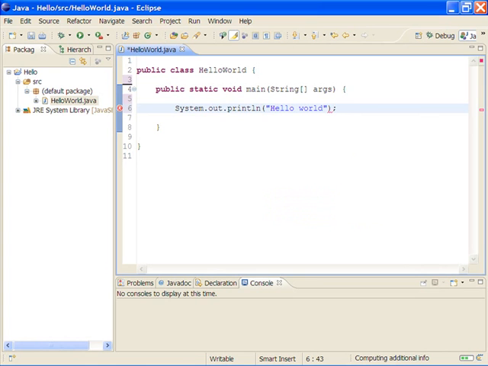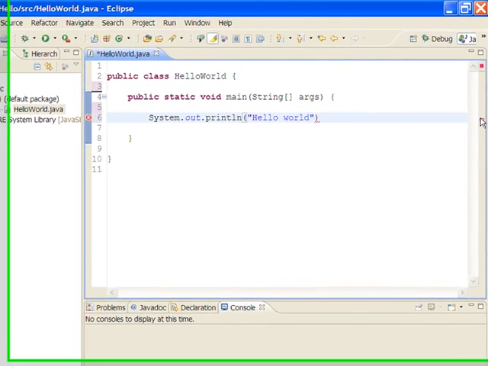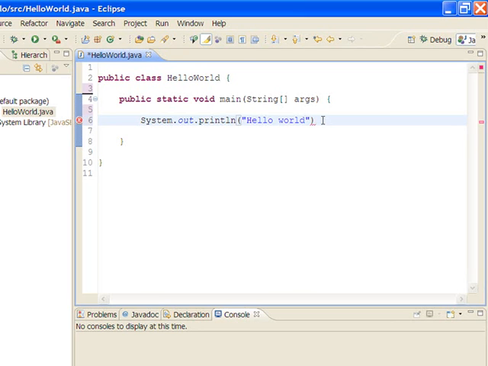So as we were typing that, you might have noticed that there were some red squigglies appearing under the code as we typed. These are compile errors. So Eclipse will compile your Java code for you as you go along. Some people find that annoying. As the compile errors go away, the red squigglies go away. You also see these marks out here. If you have a compile error in a large file, you can jump to that error by clicking on these red marks. So when you have no more red marks,